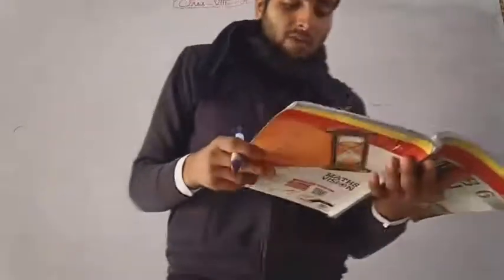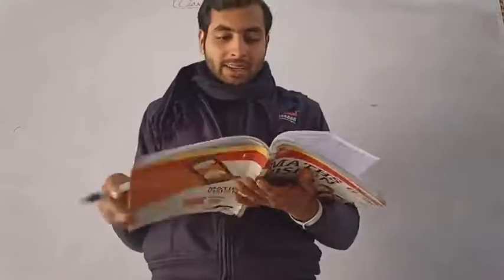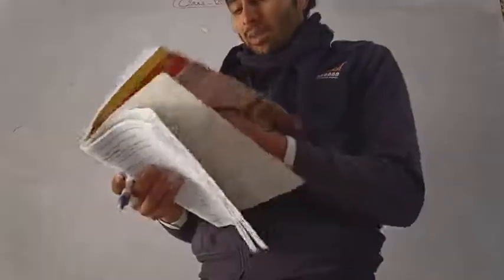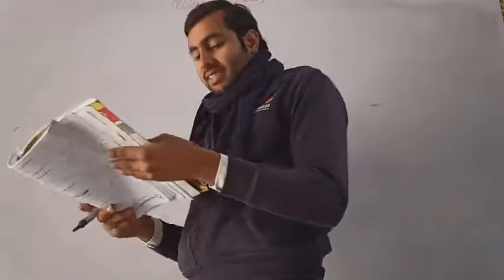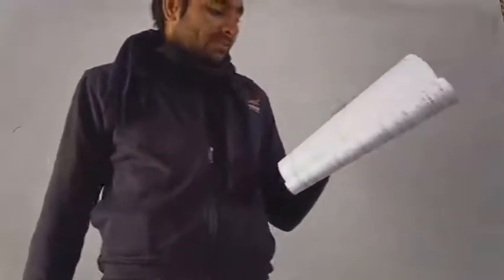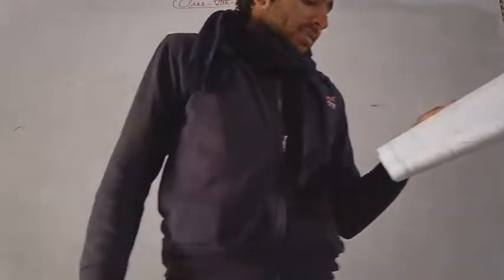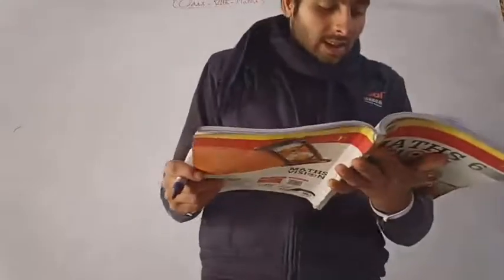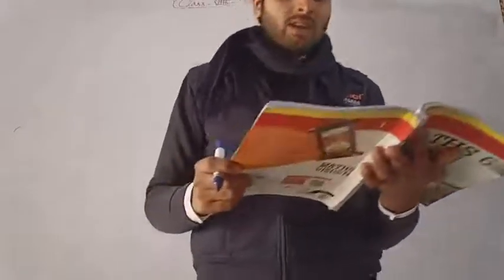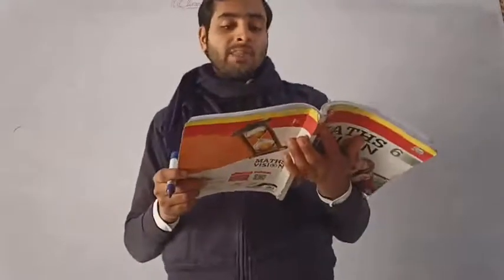Today we will have to solve our exercise 10.3. But first of all, we have to know about some types of triangles. Okay? So first of all, you have to know about triangles and their classification, as given in your book, that triangles are of 6 types, 3 types on the basis of sides and 3 types on the basis of